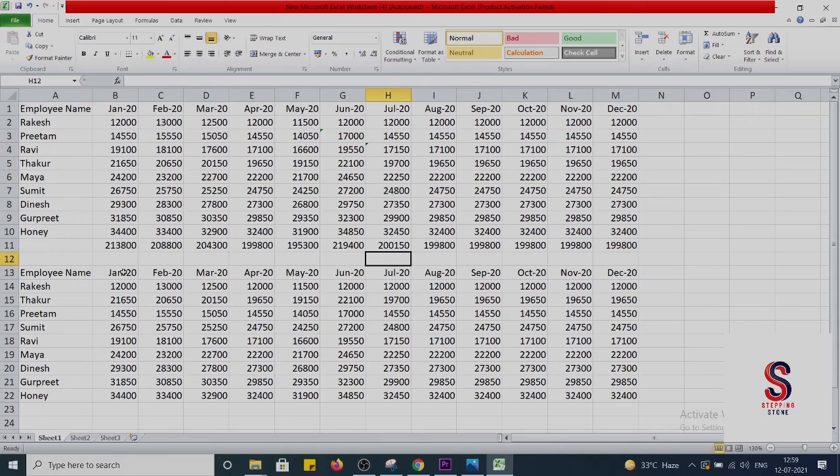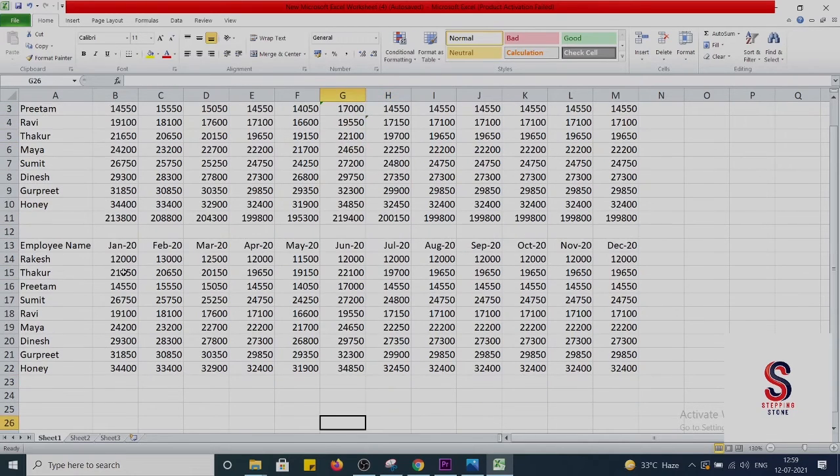This way, you can see that the way I have changed my main table, it will also change in the same order. Let's verify it with the total numbers.